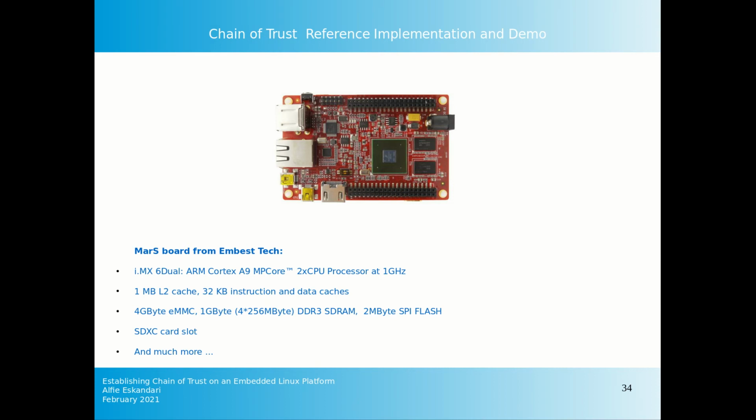Okay, let's have a look at a chain of trust reference implementation and demo. We have used the Mars board from Embus Tech in this project, which offers an IMX6 dual-core processor running at 1 gigahertz. It also has 1 megabyte of L2 cache and 32 kilobyte of L1 cache, including the instruction and data caches. It has 4 gigabyte of eMMC on chip and 1 gigabyte of DDR3 SDRAM, and it also has 2 megabyte of SPI NOR flash, offering